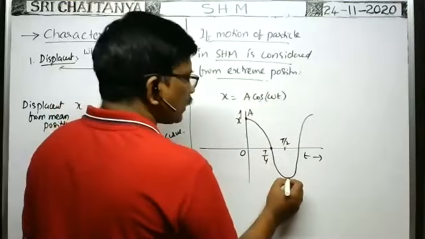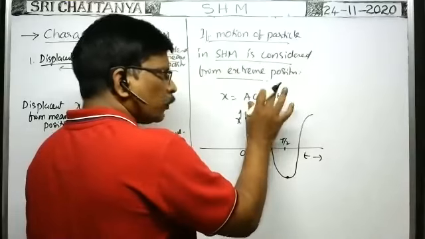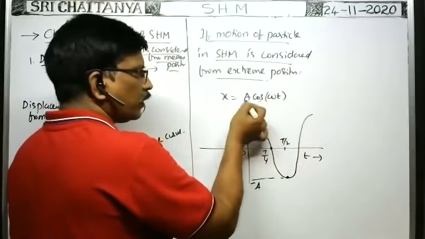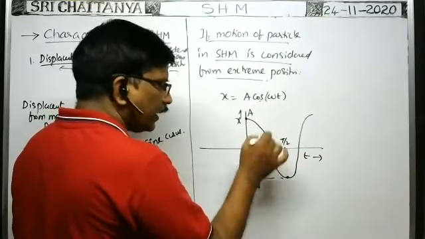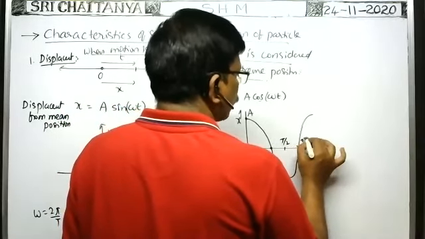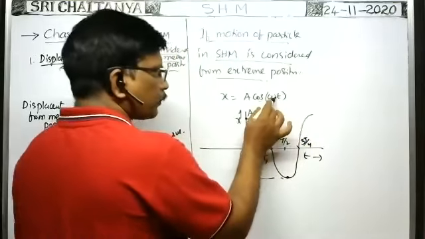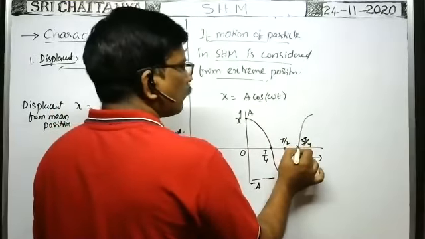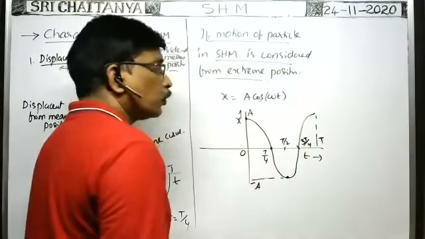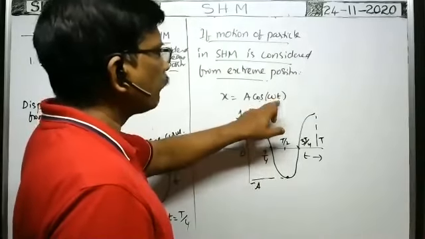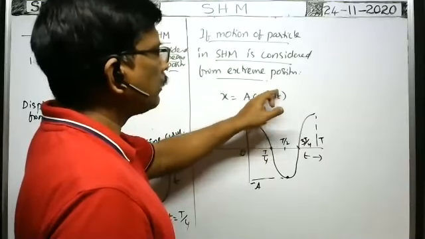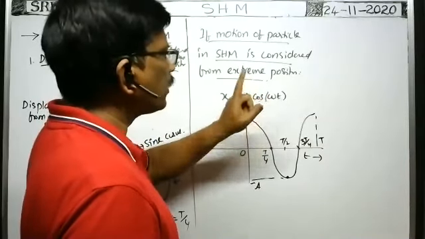That means at T by 2 seconds, the cosine function is maximum but negative. That's why I got x is equal to minus a here. When this is minus 1, minus 1 into a is minus a. That is the maximum value but in the negative direction. After T by 4 more seconds, now the time is 3T by 4. After 3T by 4, when you substitute here, you will get 0 again. Okay, after T by 4 more seconds, the total time is capital T. In this total time capital T, when you substitute small t is equal to capital T, 2π by capital T into small t means capital T. T cancels, cos 2π. Cos 2π means plus 1.